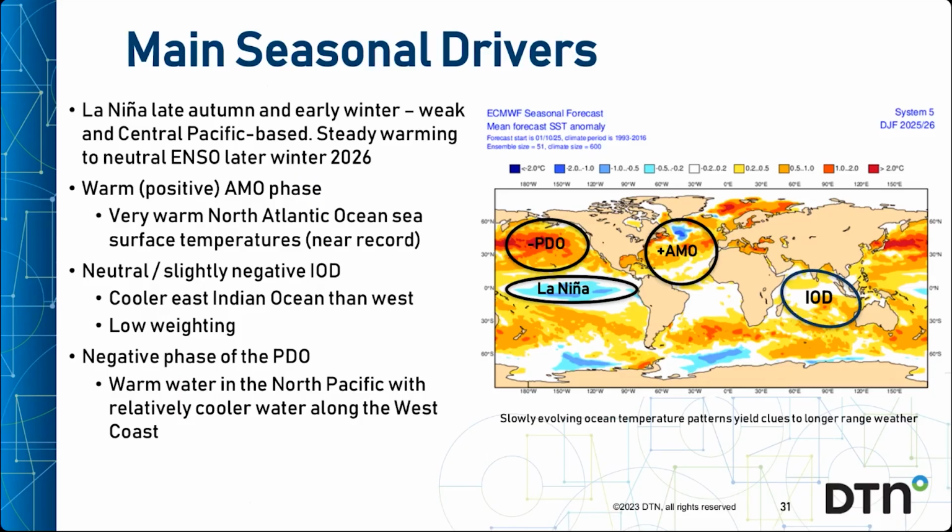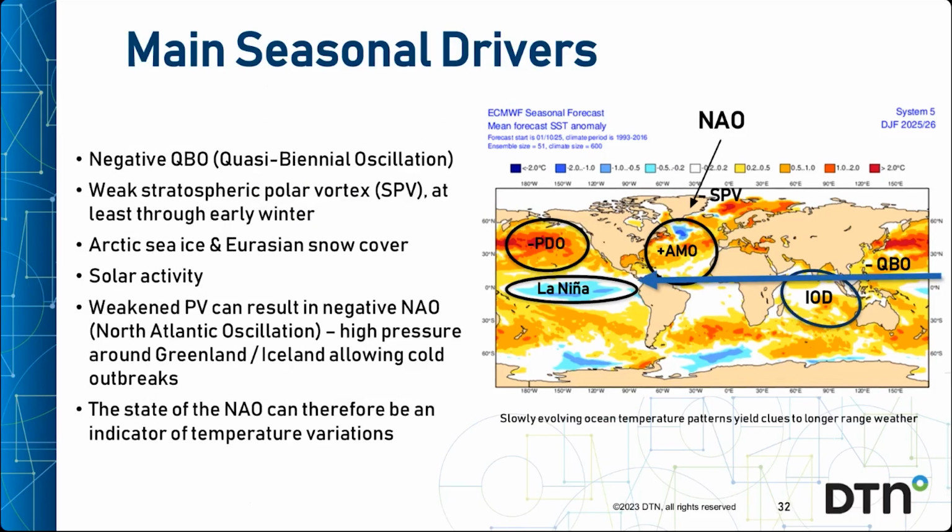Matches are often hard to find, especially with such strong warmth in the Atlantic and what's going on in the Pacific and the equatorial Pacific. But there's certainly value in finding the closest. Other influences are Arctic sea ice cover, which I briefly touched on, especially the Barents and Kara seas, Eurasian snow cover, and solar activity, which we'll come to.